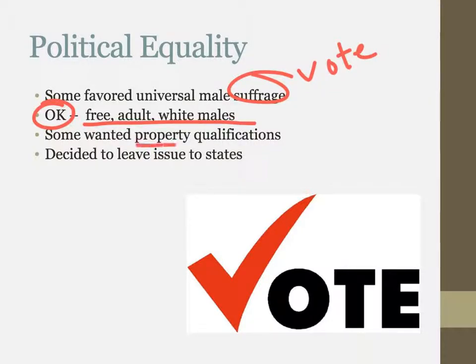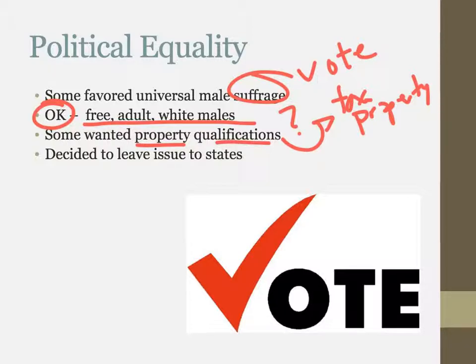There are those who wanted to have property qualifications, which is something that people, students especially, always have a question about. Why would you have property qualifications? Well, the reasoning goes simply like this. Congress is going to vote to tax property somewhere along the lines. And if you have property that's being taxed and you have people who don't own property, then they can just say, yeah, go ahead, and all of a sudden, it doesn't affect them at all. So why not limit it to property owners who are going to be the ones taxed if they vote for a tax?